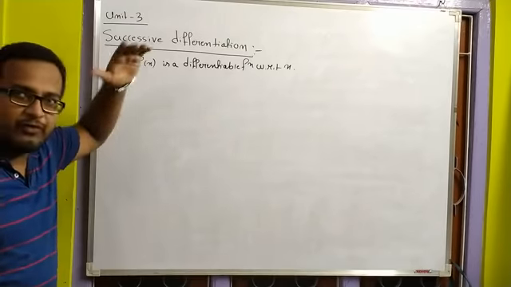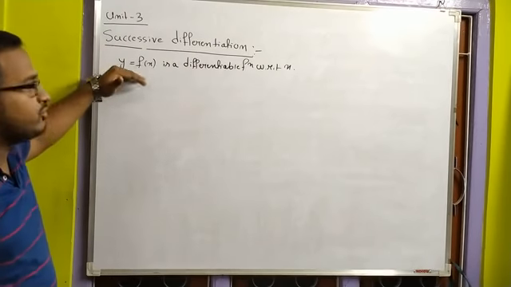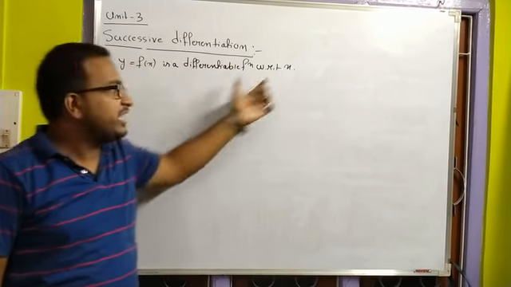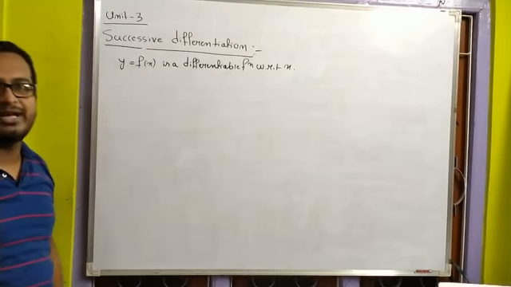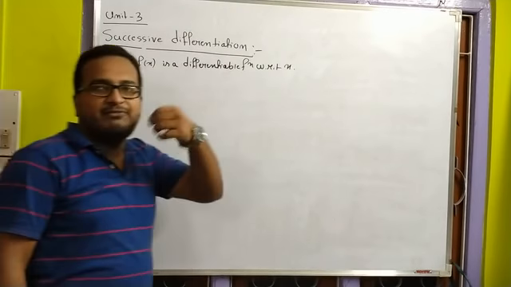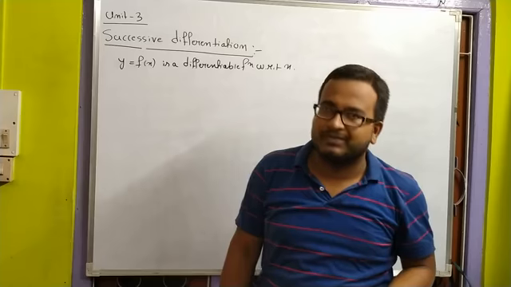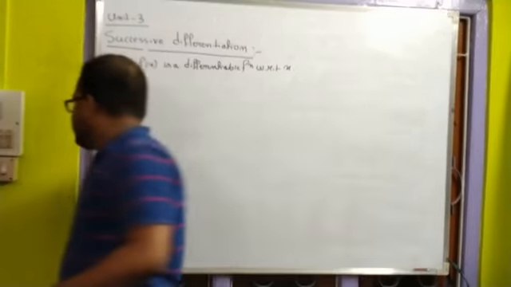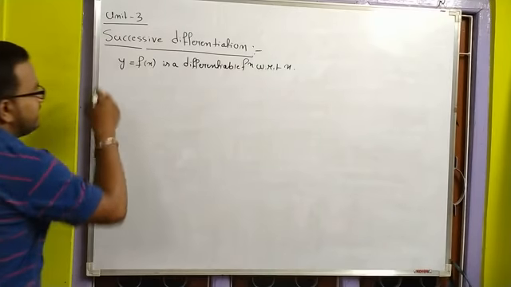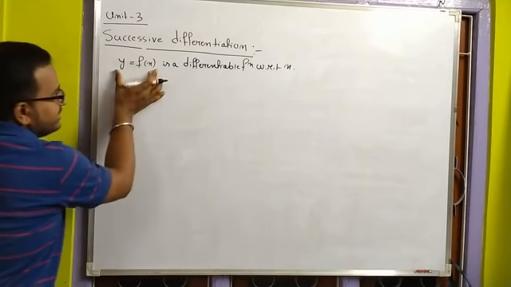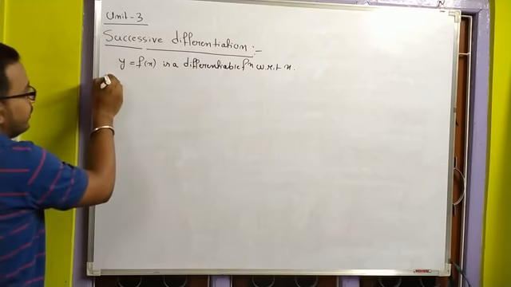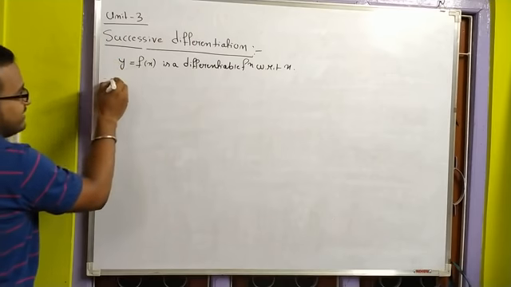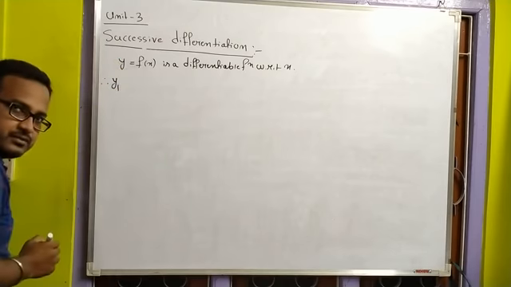So if somewhere you find that the function y equals f(x) is differentiable with respect to x, that means we can find the derivative of this function with respect to x, isn't it? If a function is differentiable, that means we can easily find the derivative of the function. So the first derivative of y with respect to x can be denoted by y1,